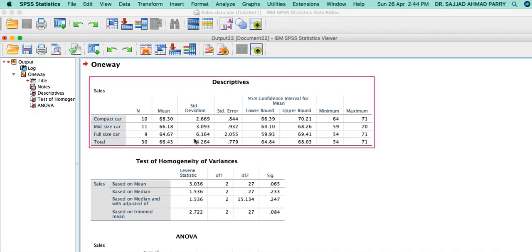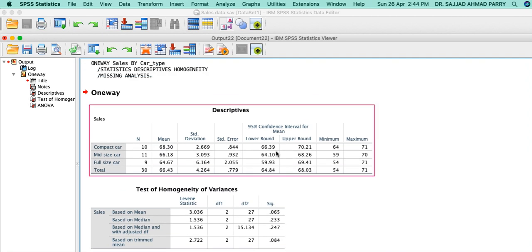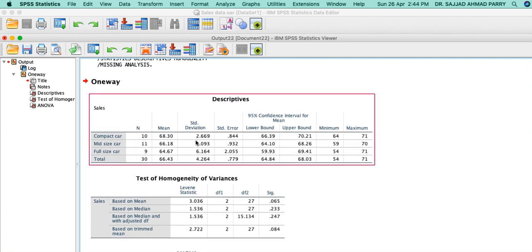If you see here, we have mean, standard deviation, standard error, all these things. And here we have a standard deviation of 2.669. If we square it, we get the variance.